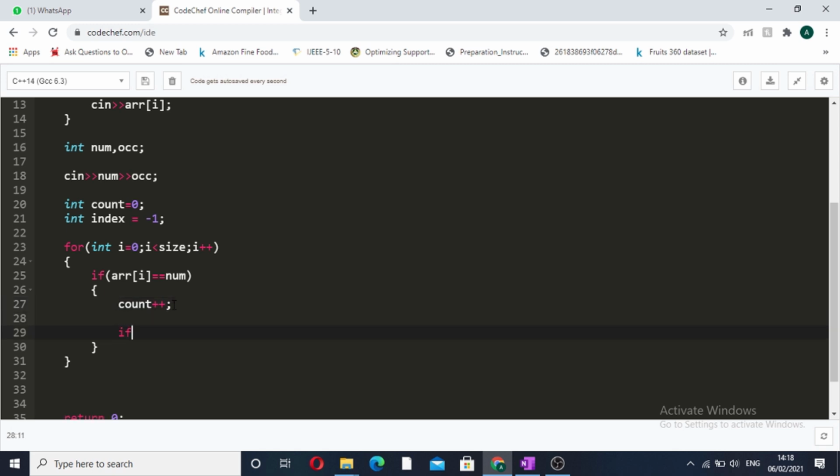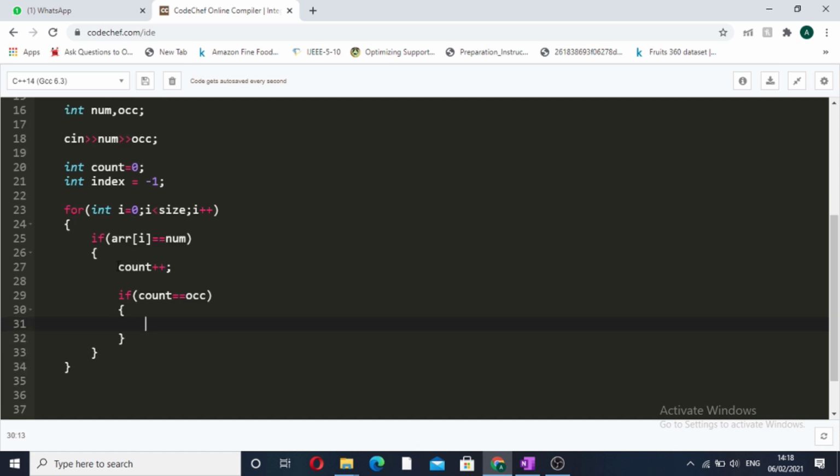Now we will check if our count is equal to the nth occurrence, that is, if it is equal to occurrence. Initially count was 0, now we have found a number and done count++. Now we have to find the nth occurrence of that particular number.